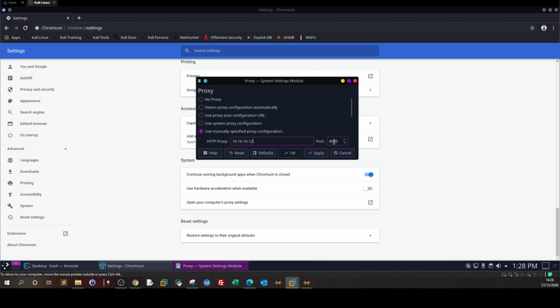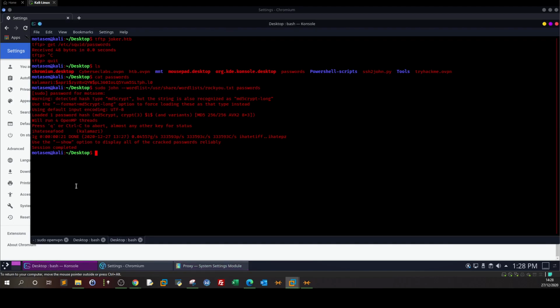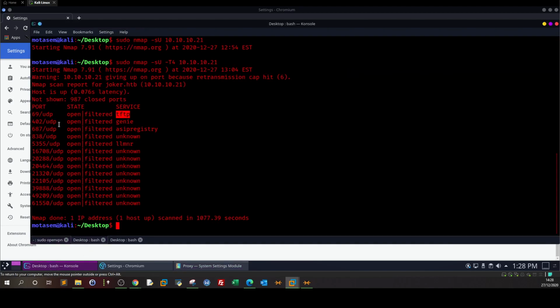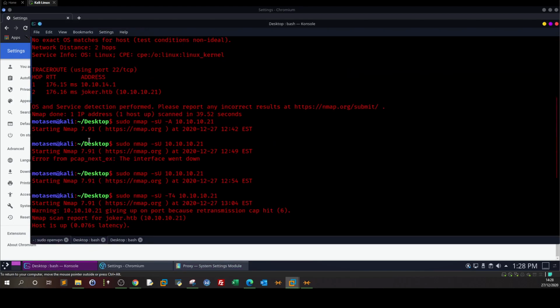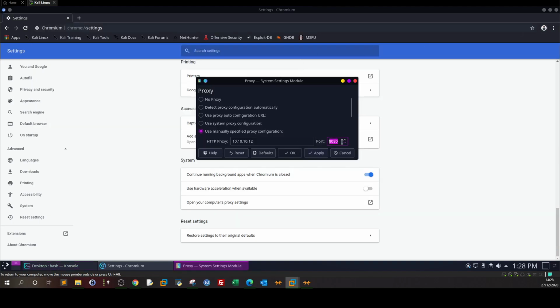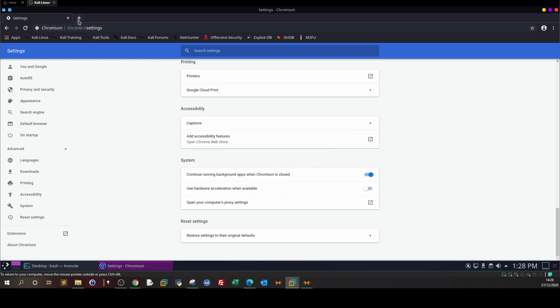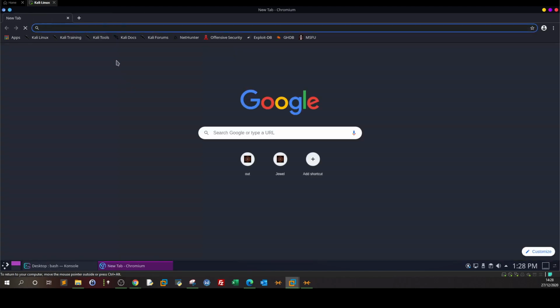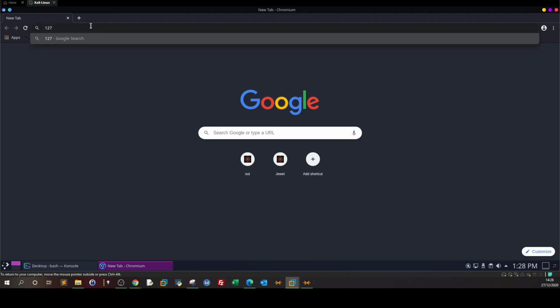Here I type the port on which the server is listening. In my case, it is 3128, which is actually the official port. And apply that for all the protocols. Okay. Now we can connect to the web server hosted on the machine by going to the